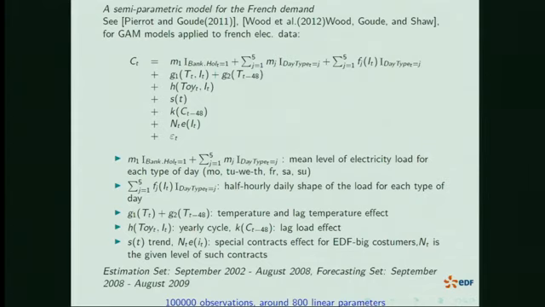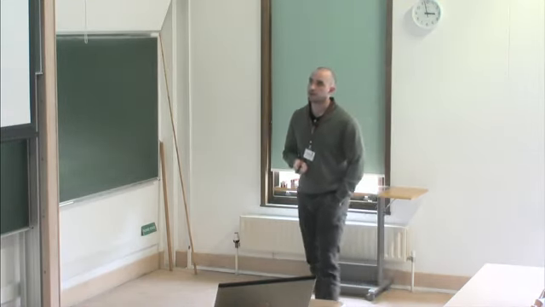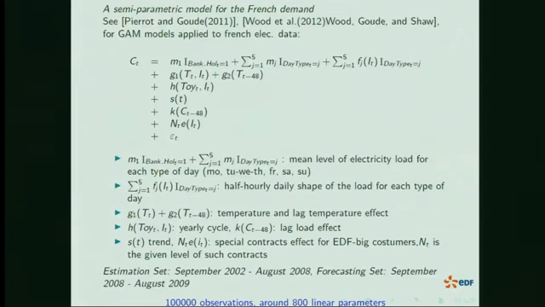The first line is the mean level of electricity load for each type of day, plus the shape of the day, which is a nonlinear function of the hour of the day. Then the second line is the temperature and lag temperature effect to deal with the inertia in the buildings. We have also introduced the yearly cycles using cyclic splines. This is the equivalent of the Fourier transform of Xavier before. And we have a trend and also a lag load effect, just to deal with small changes in the data